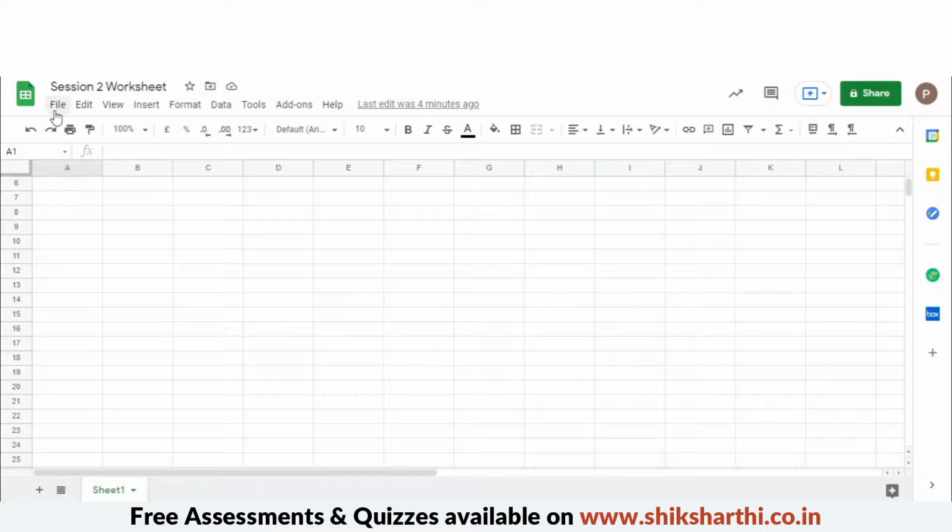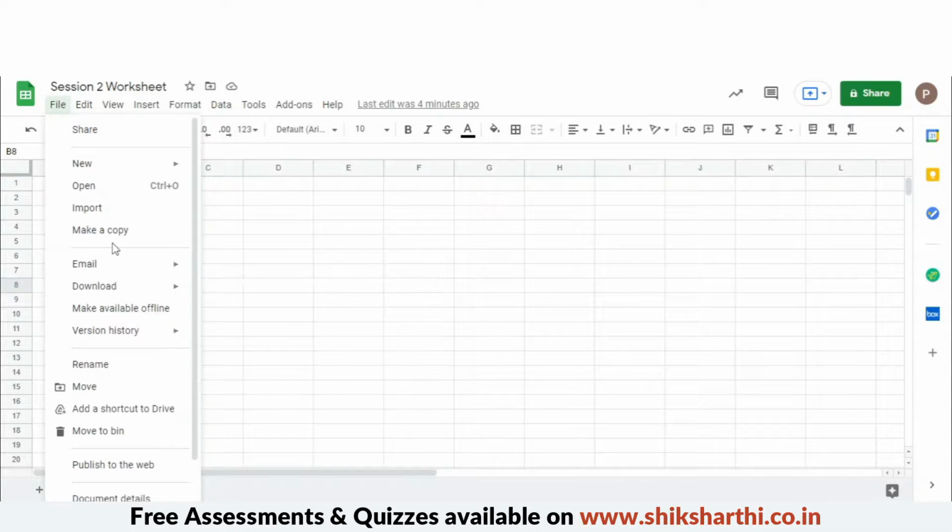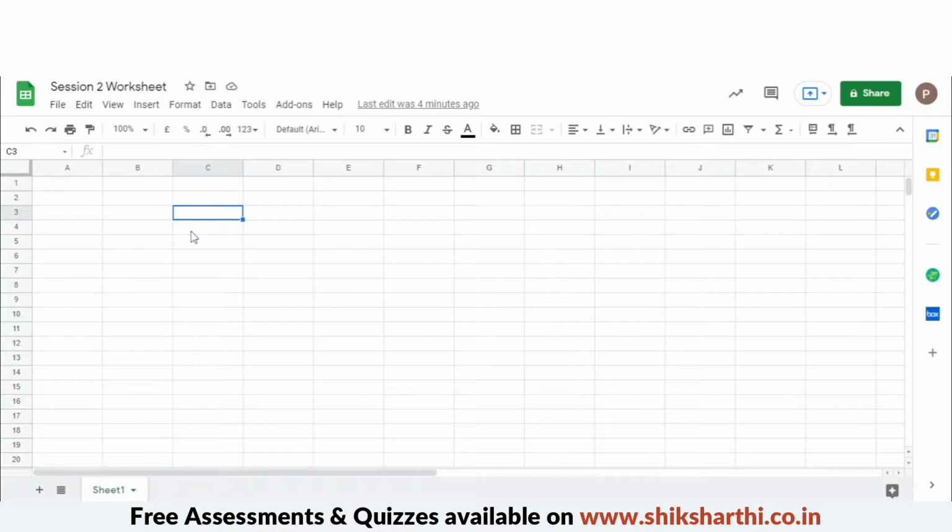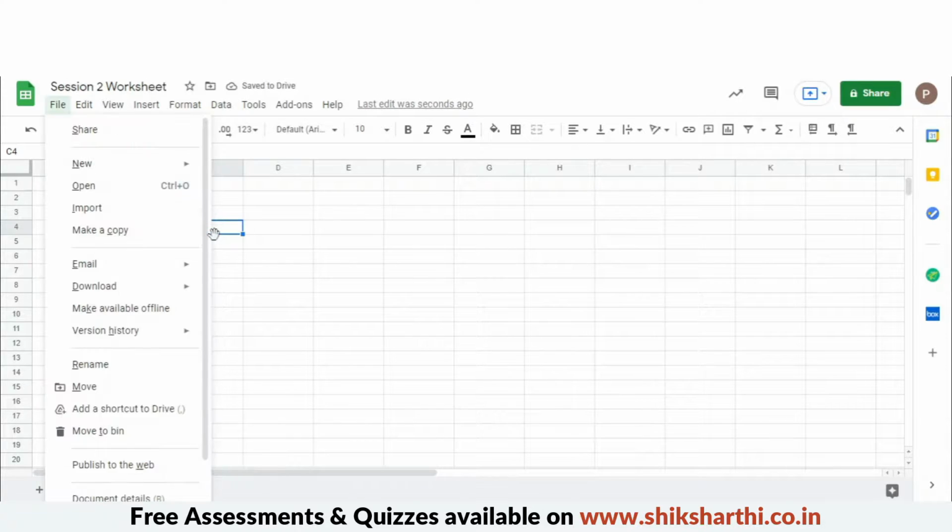Before going into these sections, I would give a shortcut which opens these headers very easily. If you want to open File, you can directly click File, or just press Alt plus F. By clicking Alt plus F, it directly opens that.